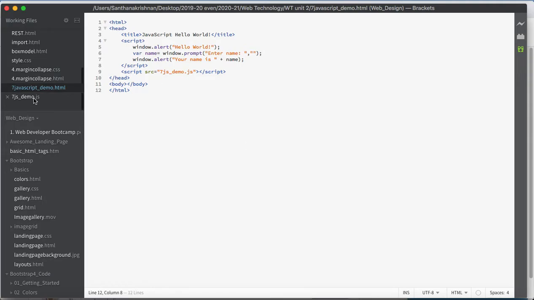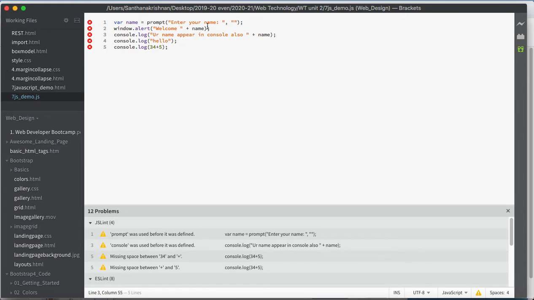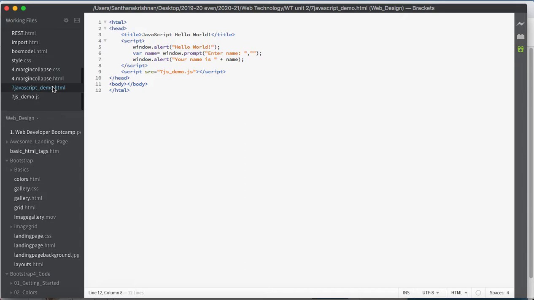In demo.js we are again asking for the name and displaying it in the console. Here we are displaying with console.log the same name that we prompted from the user, and also displaying hello and a calculation, 34 plus 50. Whatever changes you make have to be saved before execution, and let's move on to its execution in Google Chrome.